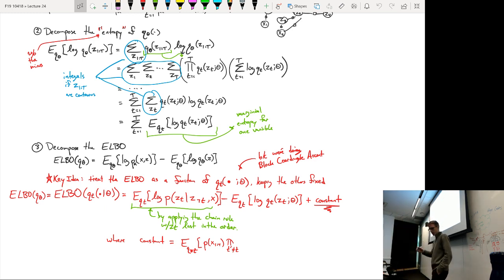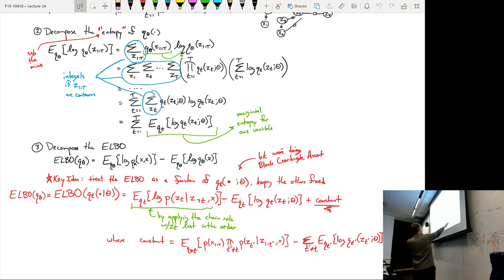So what we're doing here is basically saying we only care about some of the terms that are actually showing up, right? We only care about the terms that actually touch zt. And all of these other ones, we're just pushing into that constant. Okay, so now what that means is we can write